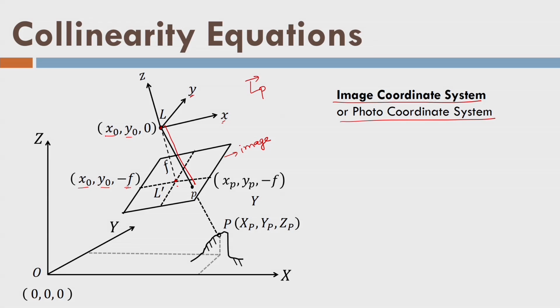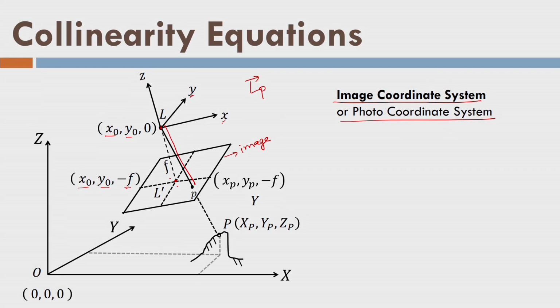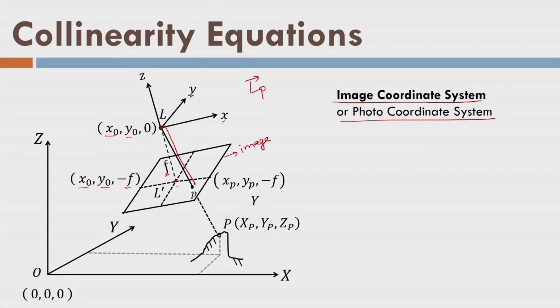So we are measuring with respect to the principal point, but I do not know where the principal point is. It could be around the center point 0, 0 of the image. So, I have established an image coordinate system at point L, that is the exposure station. It is exactly above the principal point of the image, and we know that focal length is the distance between exposure station and principal point. So, this is the f here. So, I developed these coordinates.